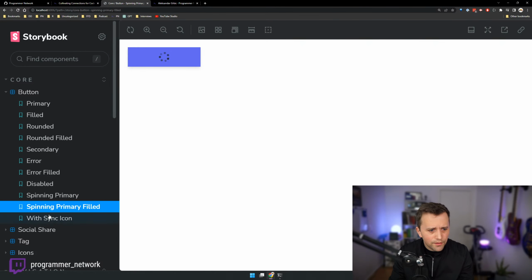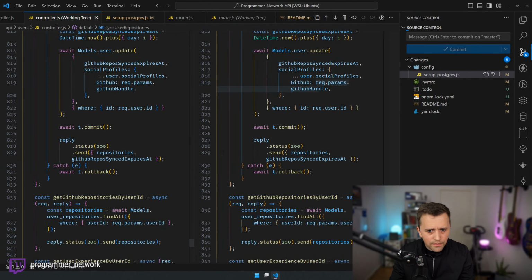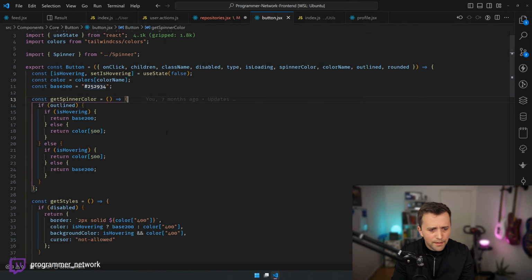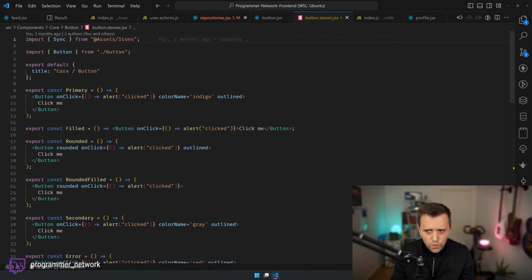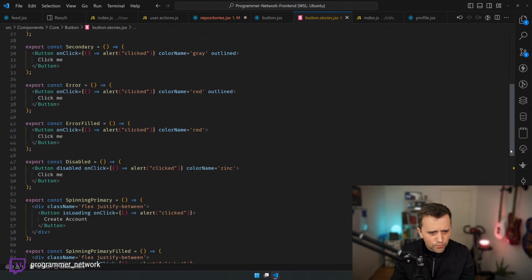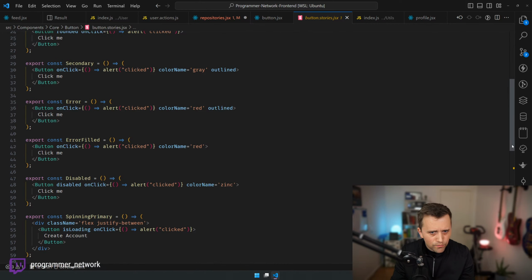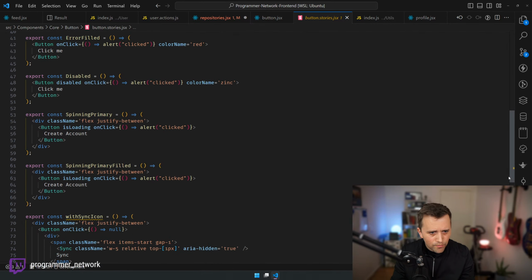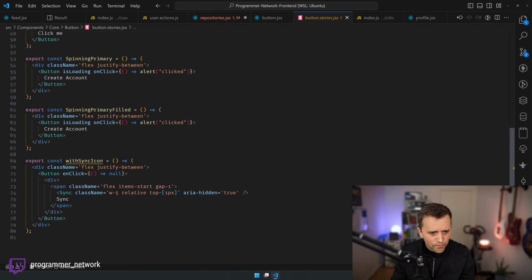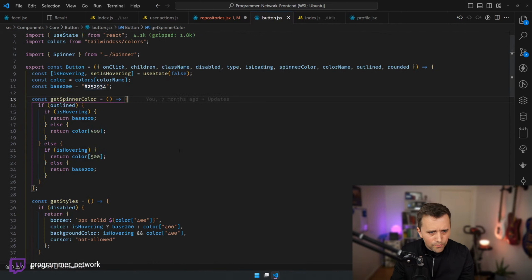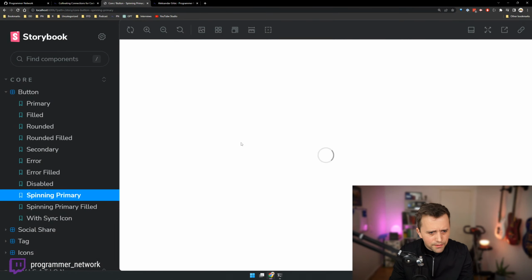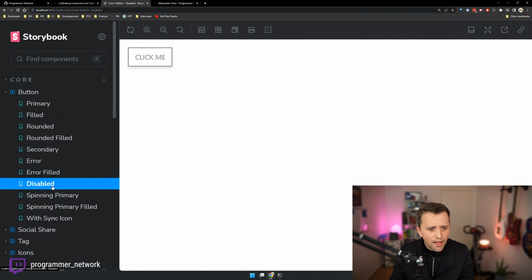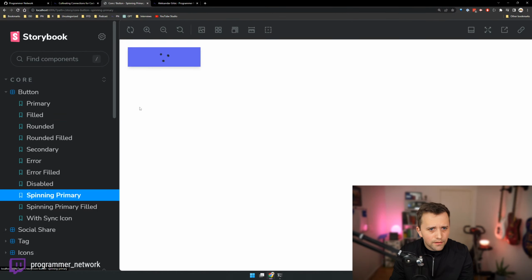Let's go to the Storybook. So this is how the button should be looking, right? Wait, what the hell is happening? Where are the stories? Maybe it's because of the disabled handling.